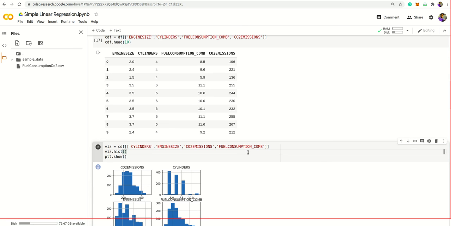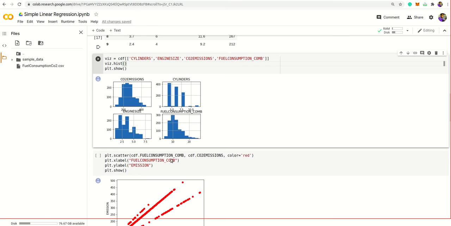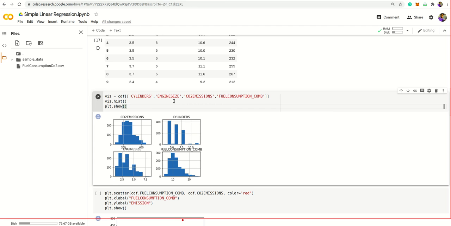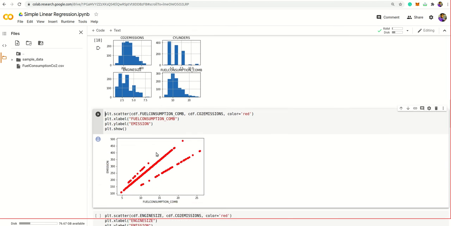Now we visualize our dataset using the matplotlib library, or we say using graphs. So cylinders, engine size, CO2 emission. For example, the values 0 to 400 and the graph of cylinder. Similarly, we visualize using graphs.